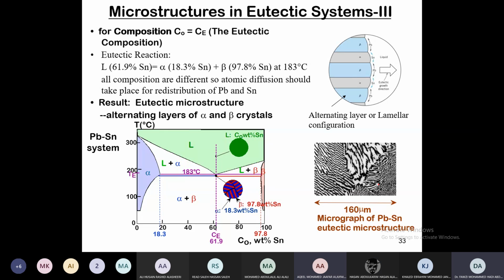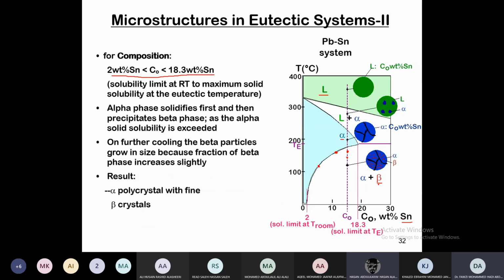Doctor? Yes. So the beta phase does not form as soon as we leave the solidus line; the composition has to increase to a certain limit before the beta phase forms? The composition of the alloy is not changing. We are coming down with a constant composition, which is C0, right? Right. As we are coming down, the composition is not changing for the alloy, but the alpha at that temperature